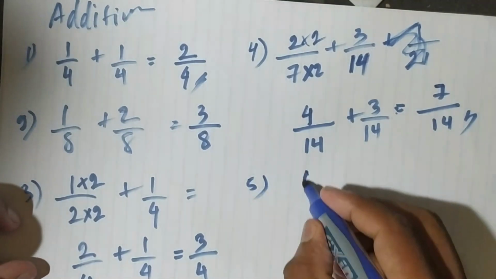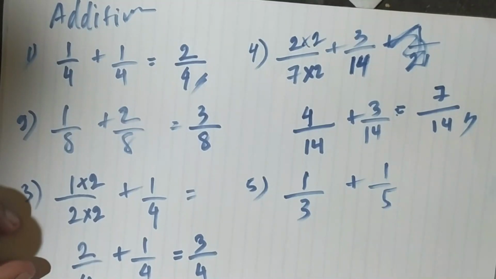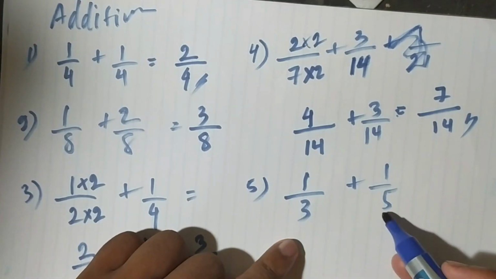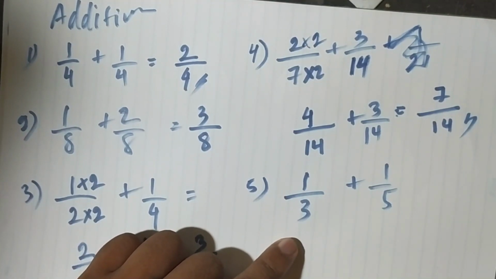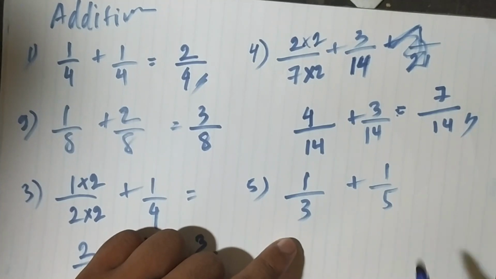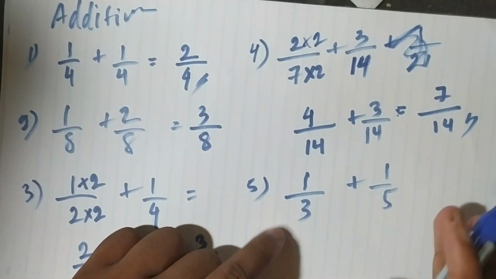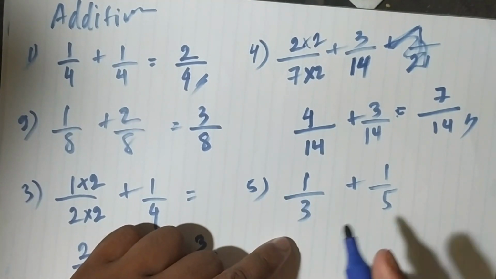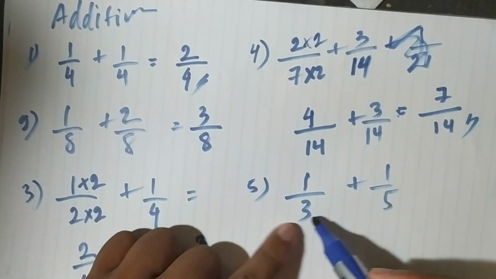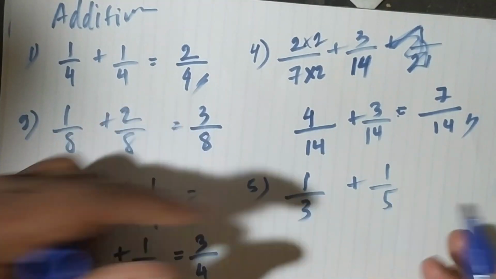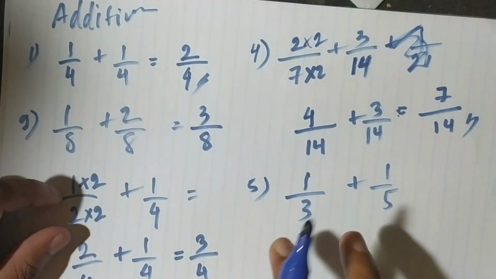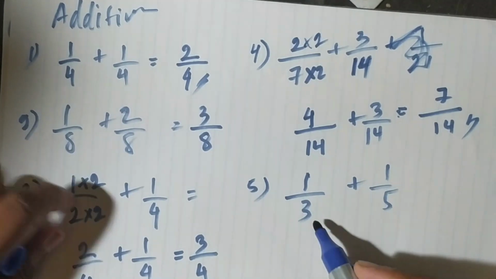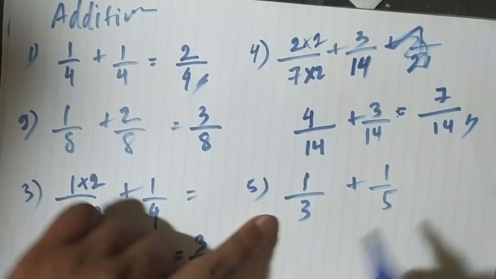So I am little bit improving the question. Let's come to this. 1 over 3 plus 1 over 5. Now can you tell me, can I make this 3 into 5? Can't. Why? If you multiply 3 into 1, 3 into 2, like that, you can't get 5. Like that, can you change this 5 into 3? You can't. So in this situation, just multiply the denominators both. 3 into 5 is 15. So I am going to change these two denominators to 15.